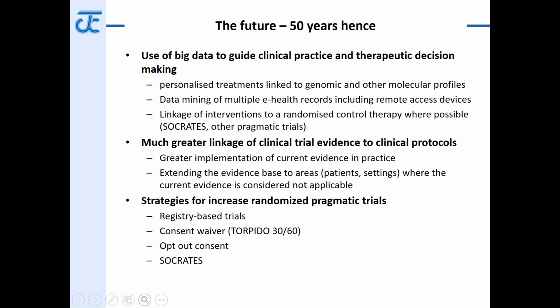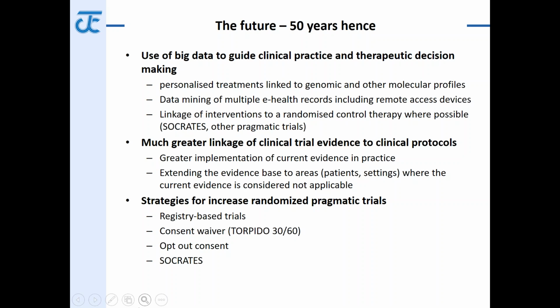So firstly, big data will be used much more in the future to guide clinical practice and therapeutic decision making. My major concern about it at the moment is it is still all observational data. There are myriads of data points. We're going to end up drawing erroneous conclusions based on that, both in terms of multiple comparisons, but also because of the biased nature of the patients we'll have in those data sets in terms of how they were selected